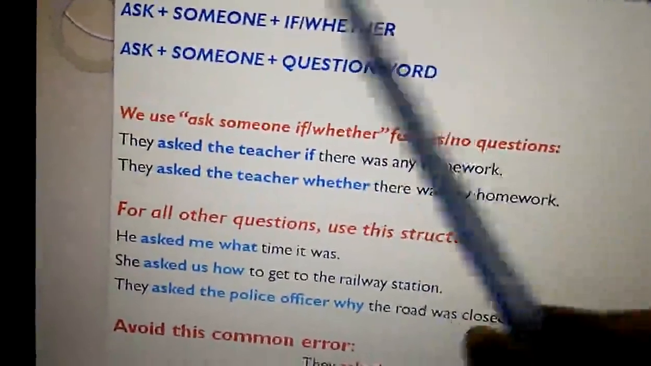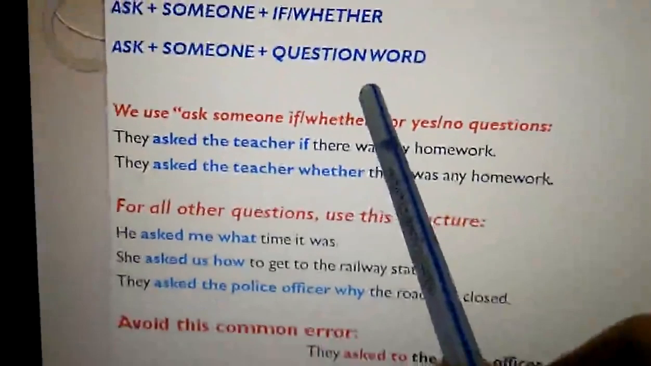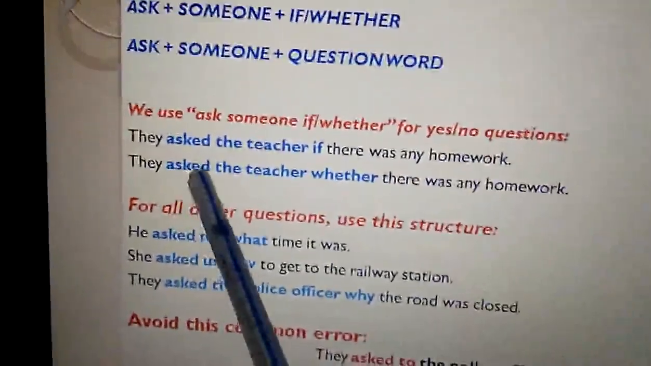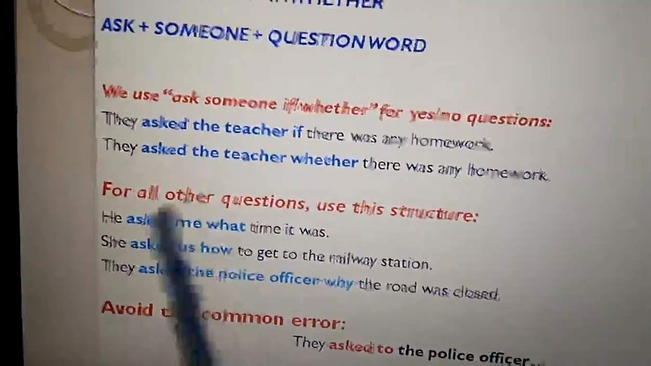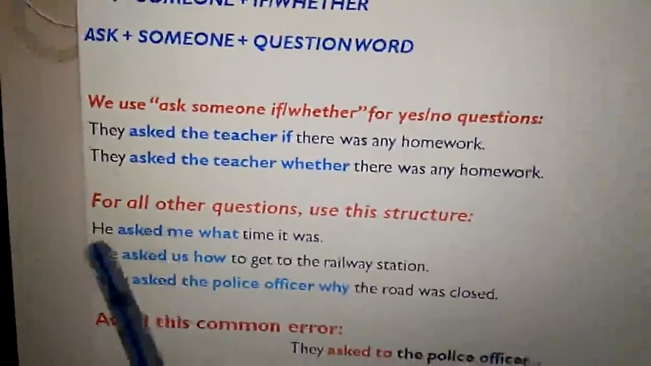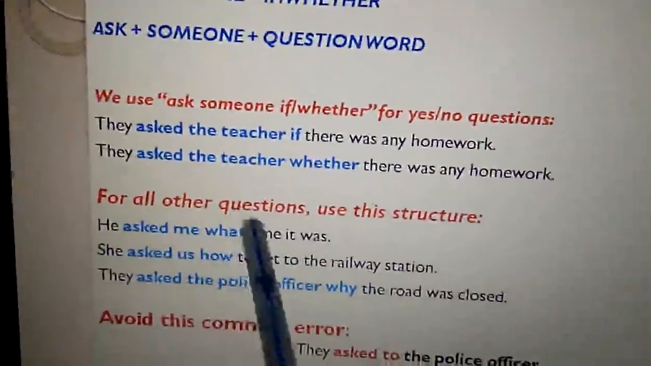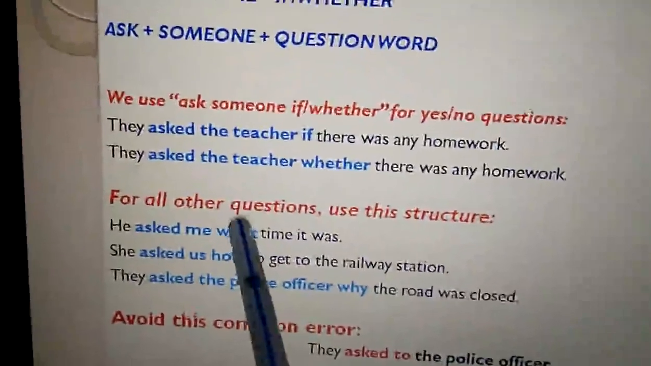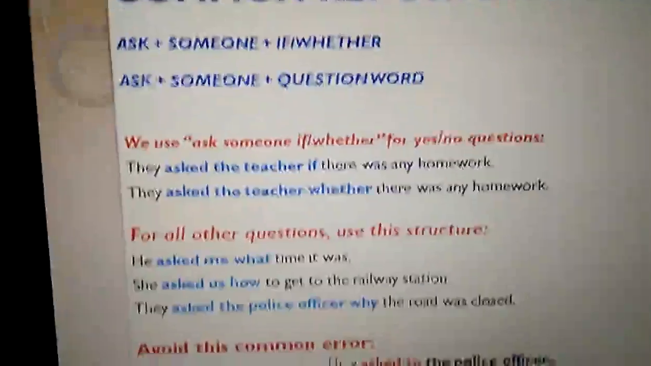If we are using helping verbs or questions, then we use if or whether. If they are question words, that means WH question words, then we use this pattern: asked plus someone plus question word. He asked me what time it was. This is the second pattern: asked plus someone plus question word, that is, what time it was. Usually when we convert questions into indirect speech, that means interrogative sentences into indirect speech, we get